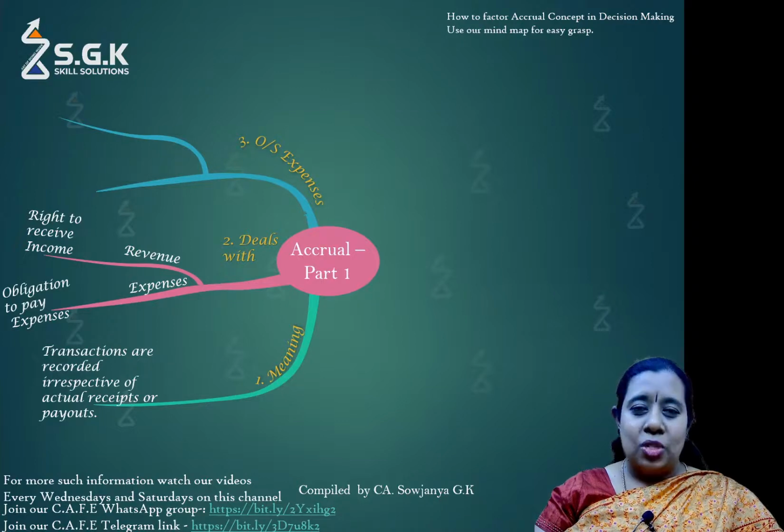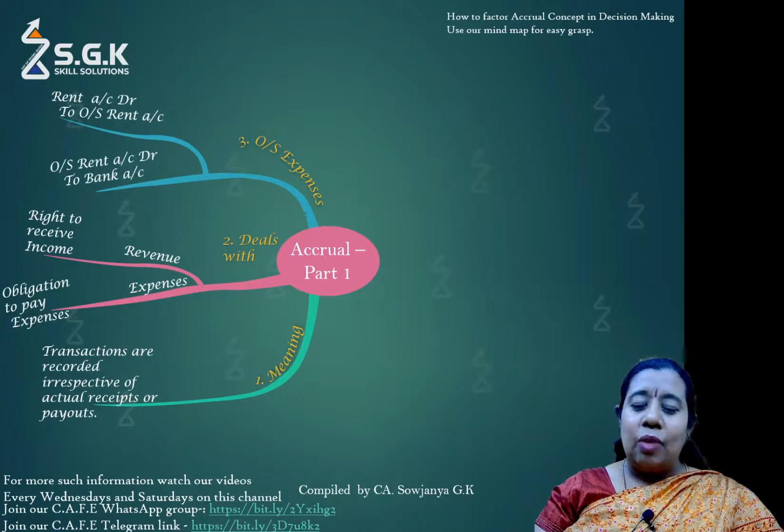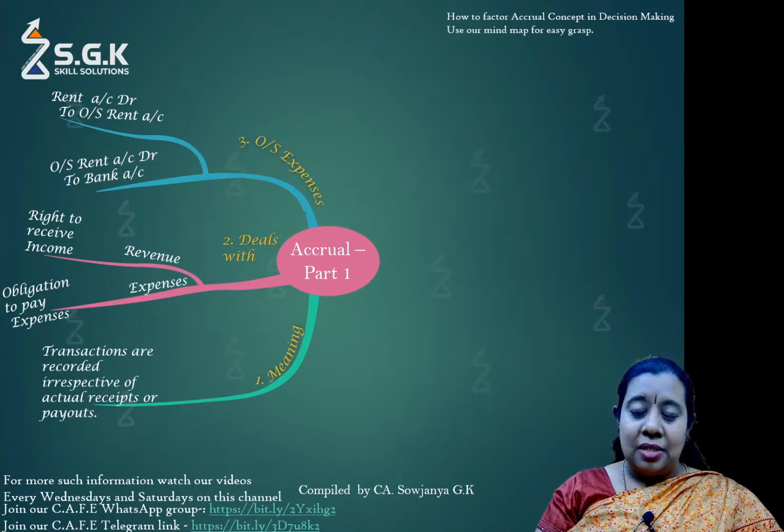Outstanding expenses are those expenses which the business entity has to pay. It is yet to be paid, which is why it's an obligation. And the accounting implication in the form of an entry would be, taking rent as an example in this scenario, rent to outstanding rent, which means we are adding the rent to the amount of the obligation which is yet to be paid. Let me give you a practical example.